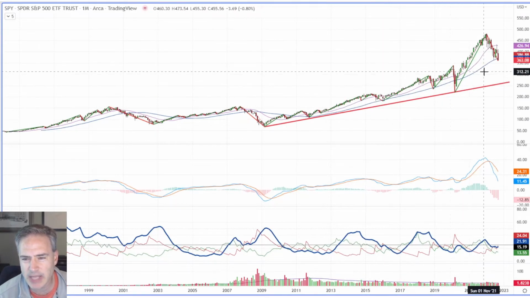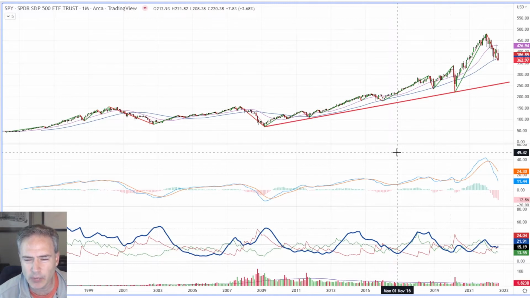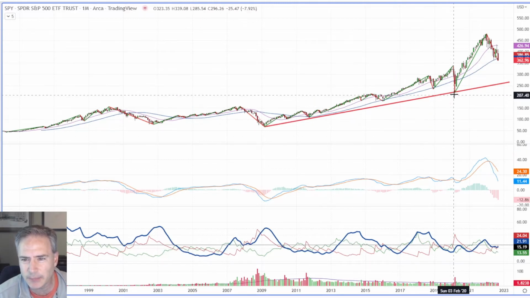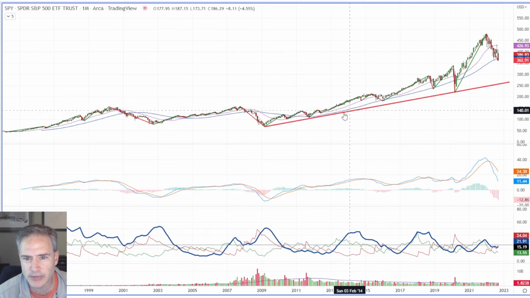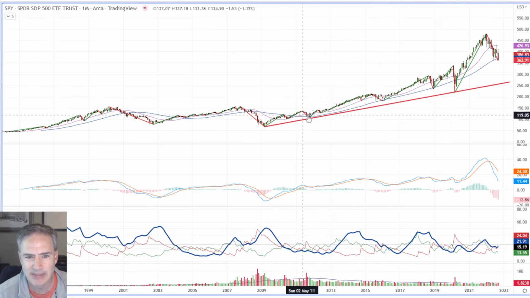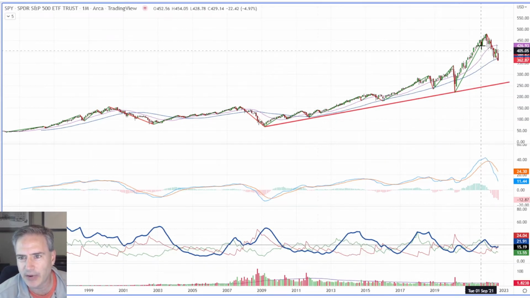I like the zigzag because there's a couple of things. I like to compare tops and bottoms that are definitive. I don't like to just pick them out of thin air. I want to know where a definitive level is, and I like to be consistent with them. So one of the things I'm looking at is this low compared to this low. All right, it's a significantly higher bottom.